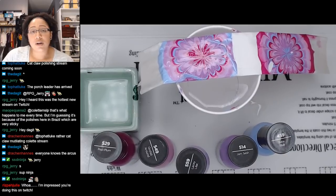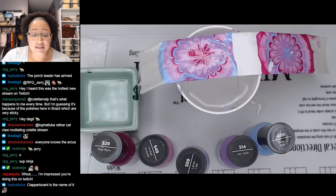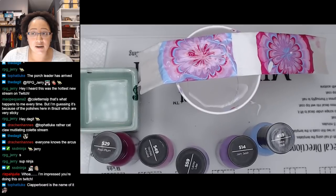How long does my manicure last with peel-off base coat? For the most part, I would say like 2 or 3 days. The last manicure that I just had on, that black and gold thing, I actually